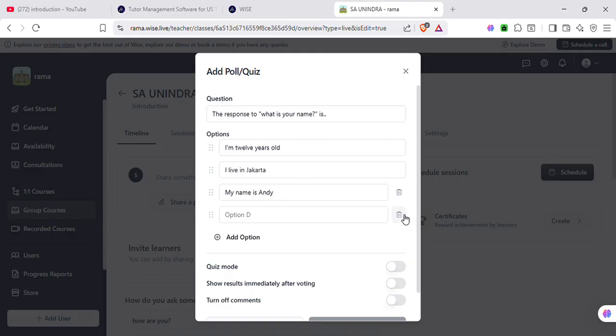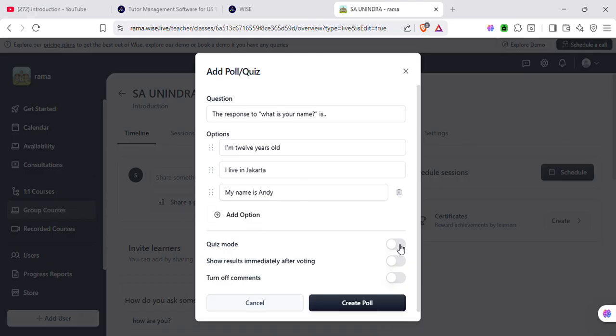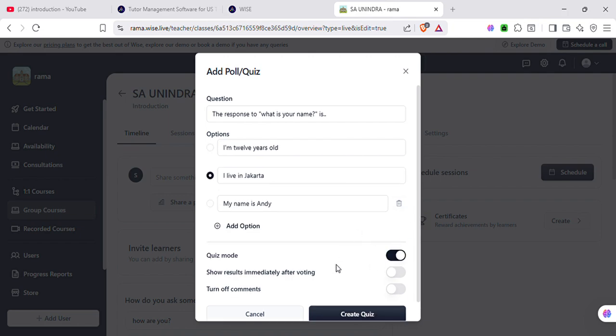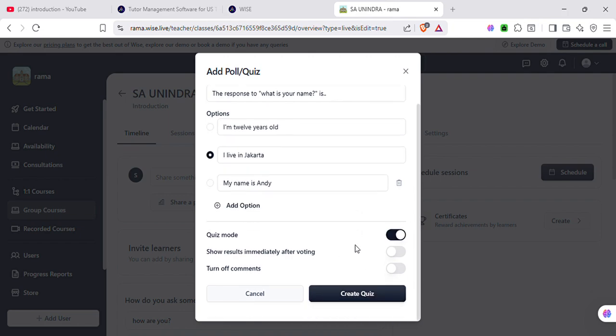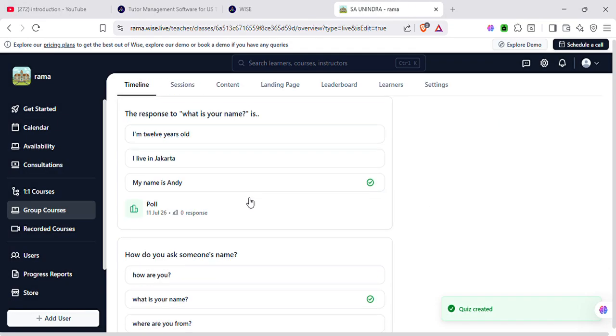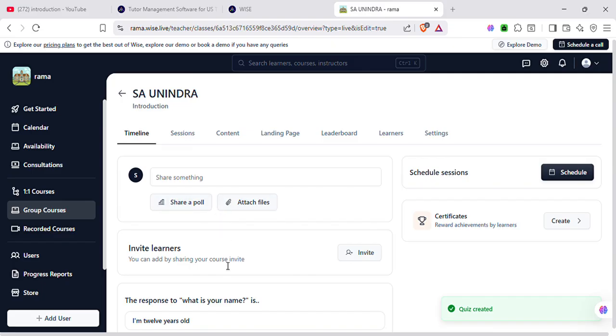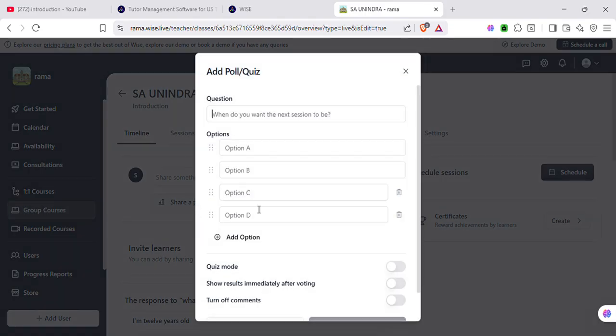And then remove the D option. Don't forget to turn on the quiz mode and then choose the right answer. Then create a quiz. We're going to repeat it until we succeed to make 5 questions.